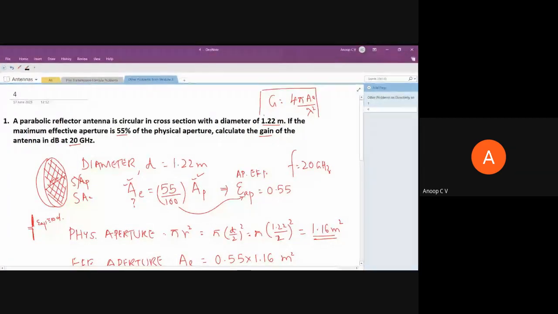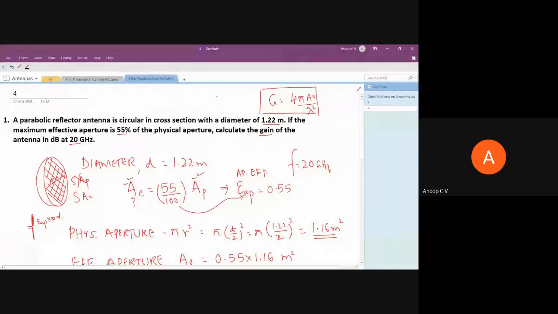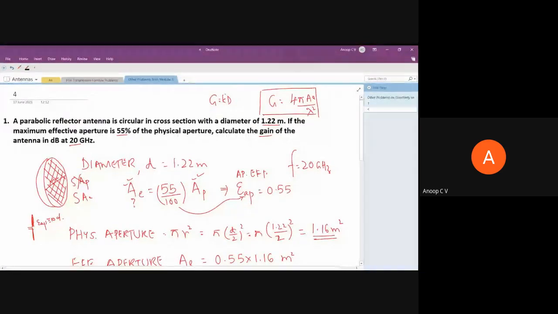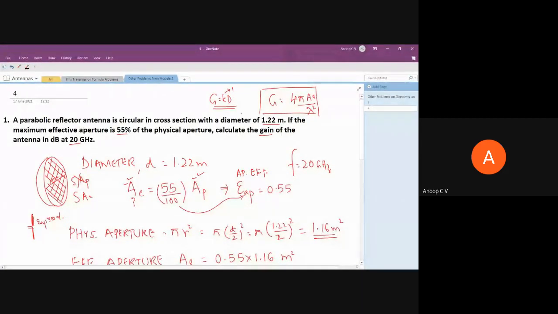But this is based on an assumption. We know gain is equal to K times directivity. We are assuming K is equal to 1, that is, the efficiency of the antenna is 100%. It's a lossless antenna. That is the assumption, so you can assume that, not a problem. By perfectly matching an antenna and neatly designing it, we can achieve almost 100% efficiency. So this assumption is not a bad one.